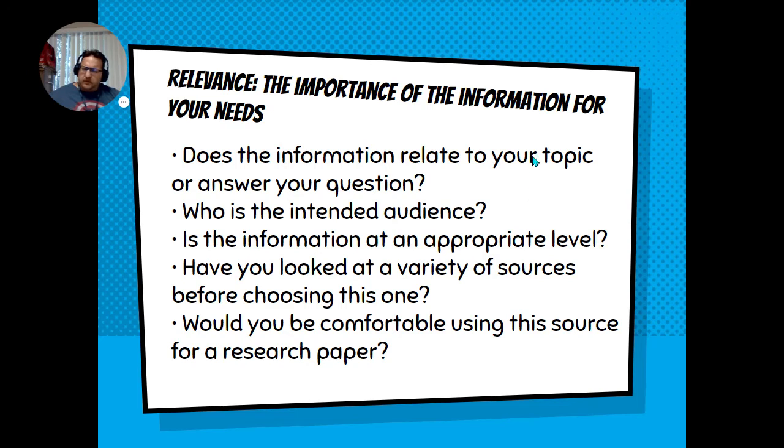Relevance. There are a couple of different questions to ask here, but the first is, who is this written for? If it's written for just anybody and everybody, it's probably not as relevant. Generally, if you're citing information, you want it to be from a source that specializes in the type of information that you're looking for. So if you're looking for historical information, you'll want a site that has some legitimacy in the area of history and is intended for either professionals in the area or for people with an interest in history.